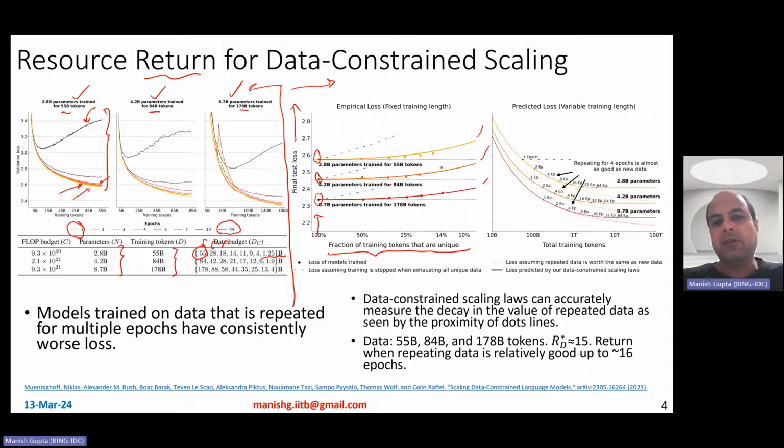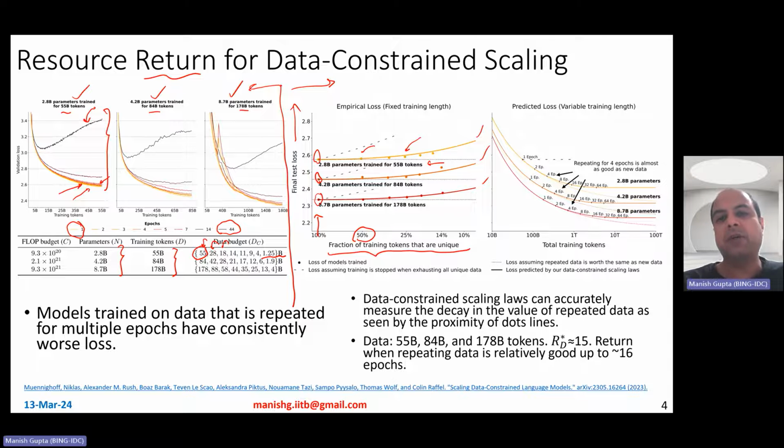Okay. Now, if you basically use 50% data, this basically means that you're using 50% of, let's say, your 55 billion tokens, and then you're trying to train your model by doing 2 epochs over it, right? So what you observe is that, of course, your model gets slightly worse, but not noticeably worse. In fact, what people observed is that, even if you do like 4 epochs, you don't really get a much worse model. You get almost a similar kind of model.